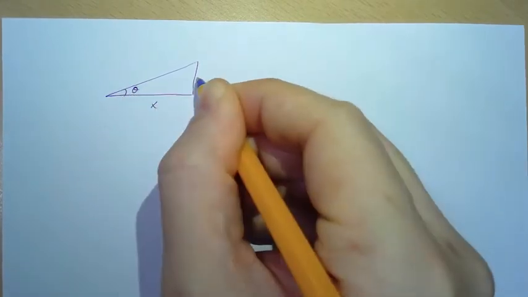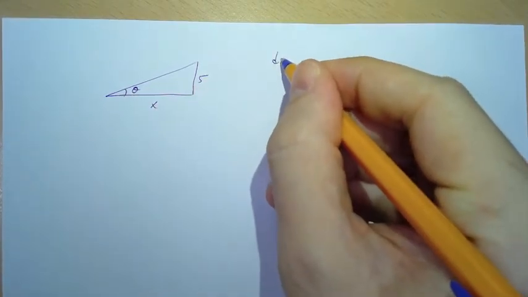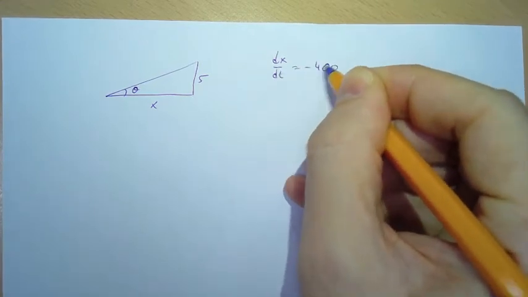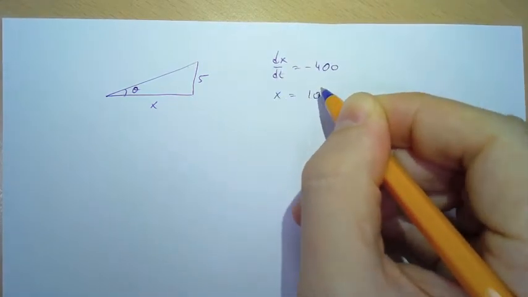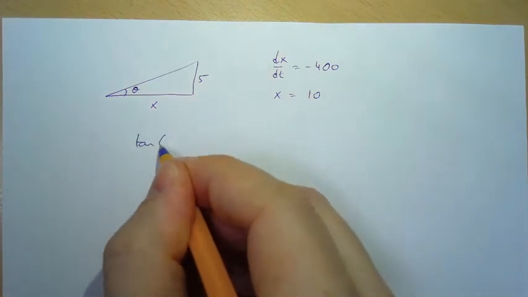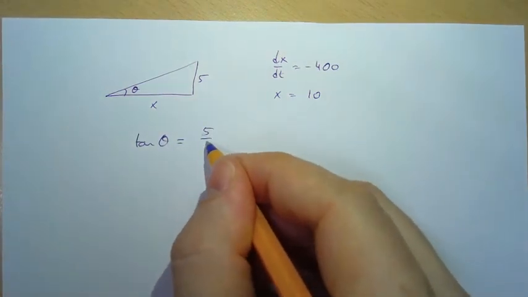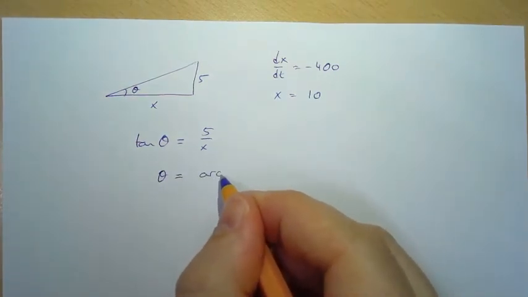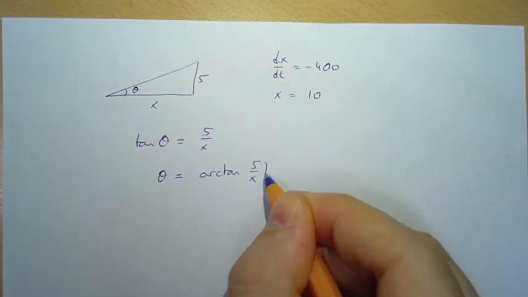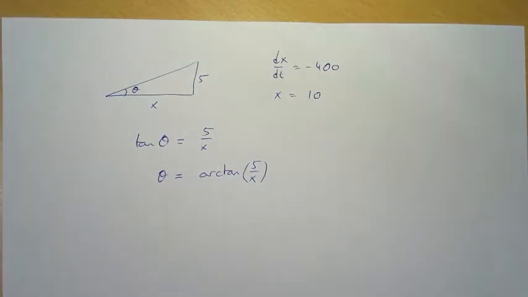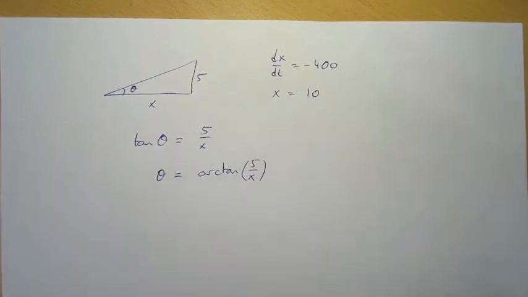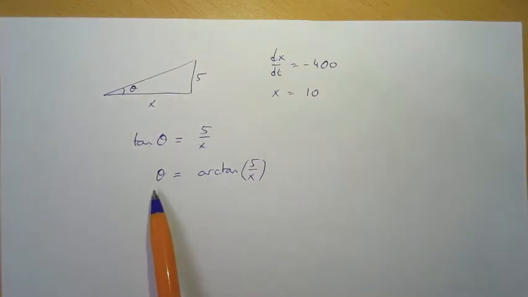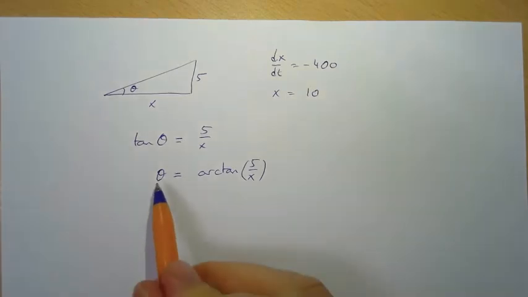x, theta, 5, dx/dt equals negative 400, x equals 10. When we set up tan theta equals 5 over x, we could have solved theta equals arctan of 5 over x. And in fact, that's the intention they had. Question A is find theta in terms of x. So this is the real correct answer to question A. Theta equals that. And now, if I take the derivative, d theta/dt